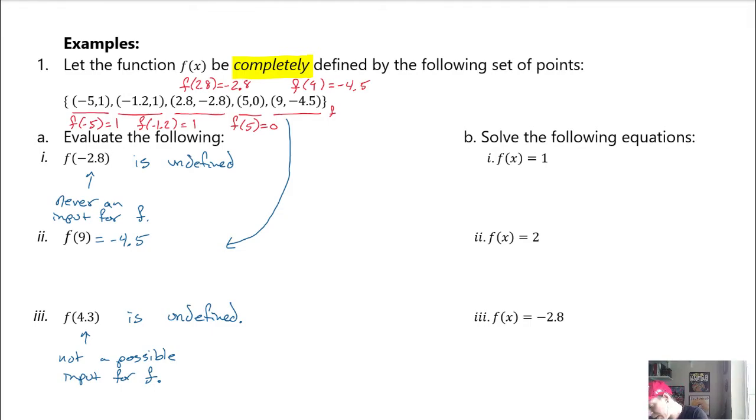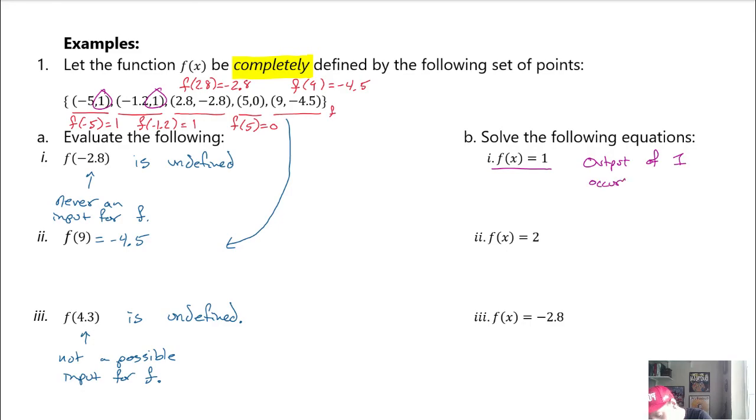All right, part B, where we're solving equations now. The first one says f of x equals 1. So we're looking for an output of 1, and we actually see that that happens twice over here. That happens with an input of negative 5, output of 1